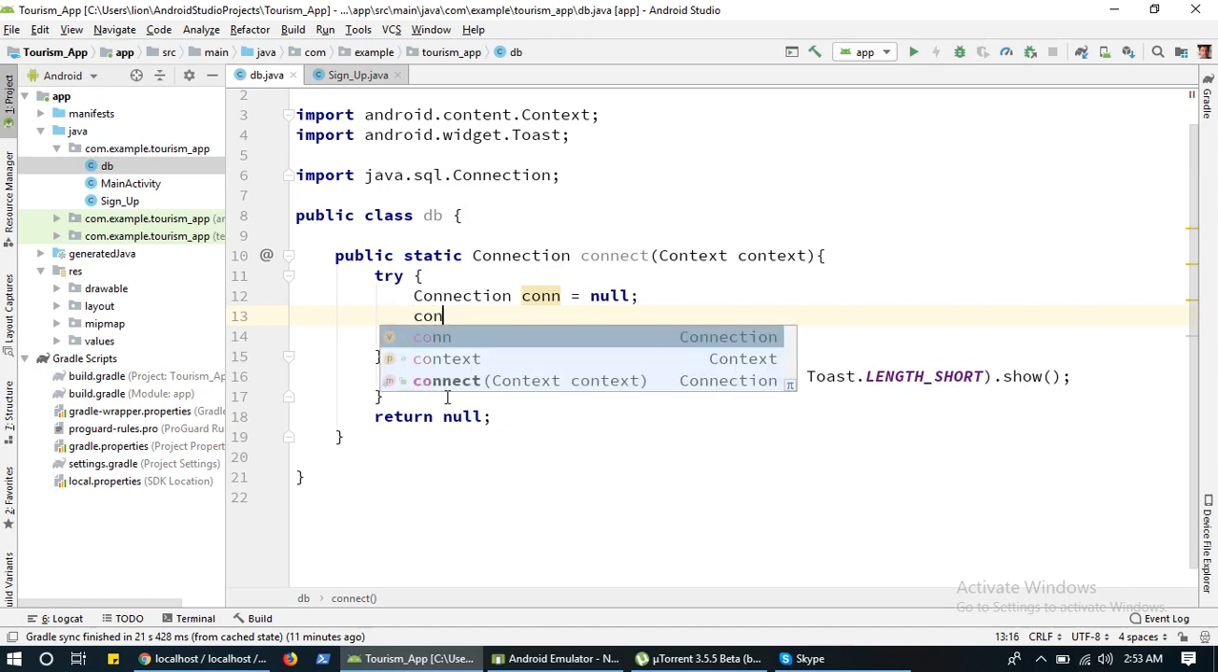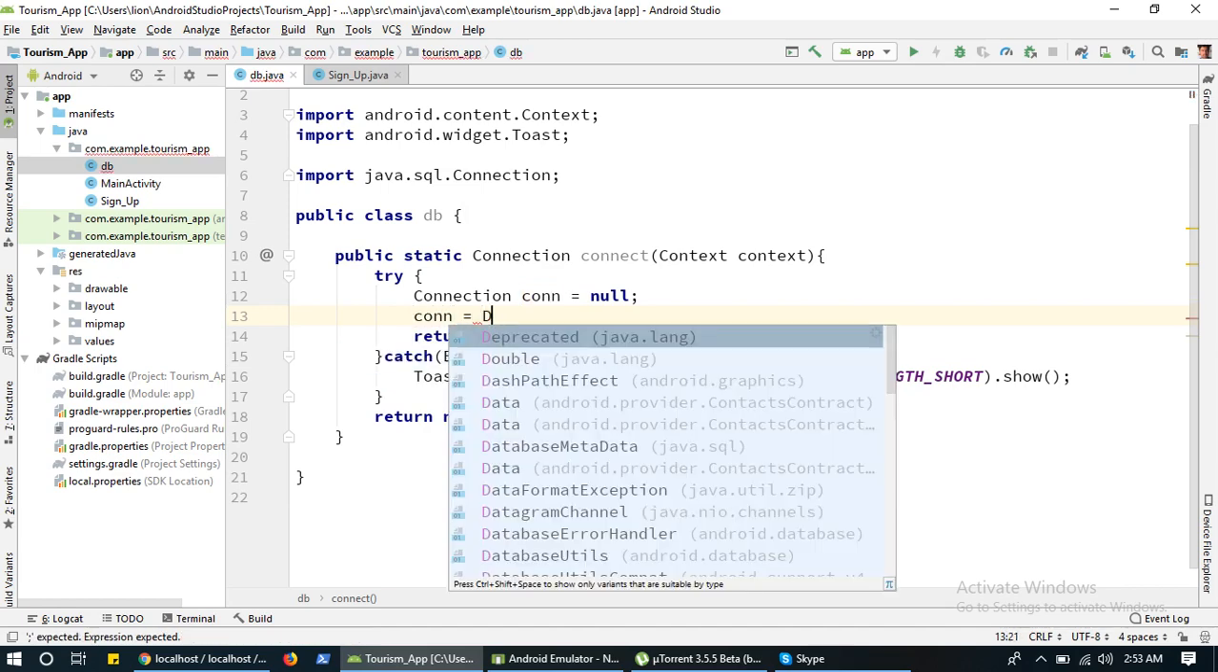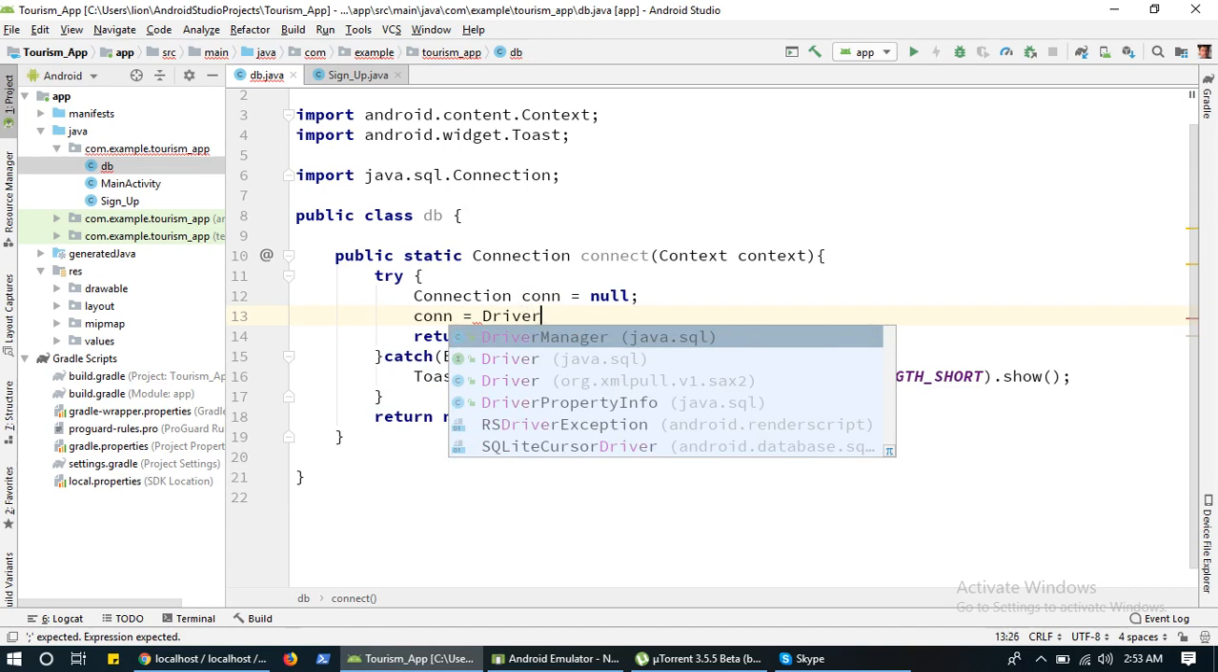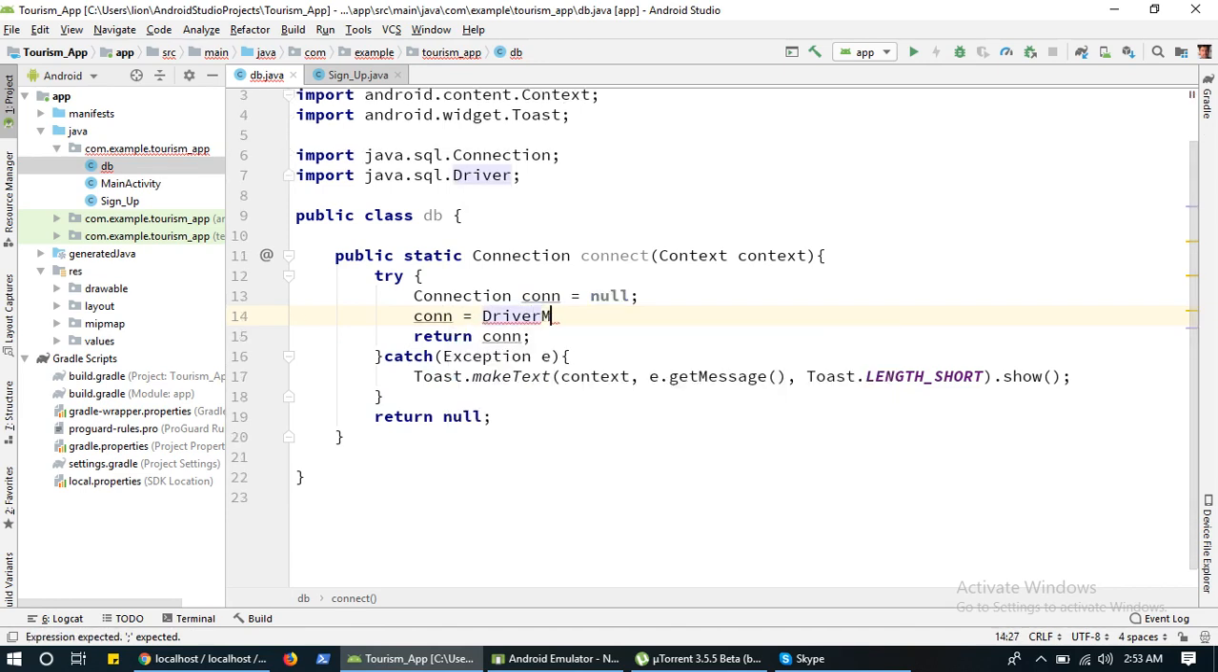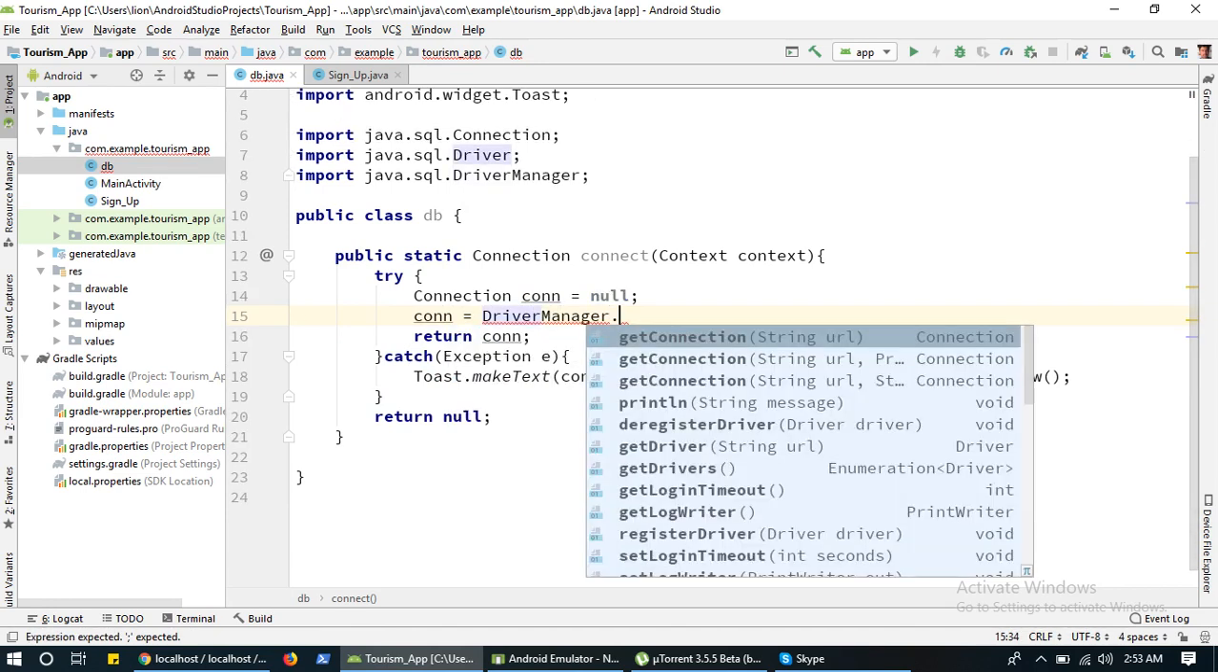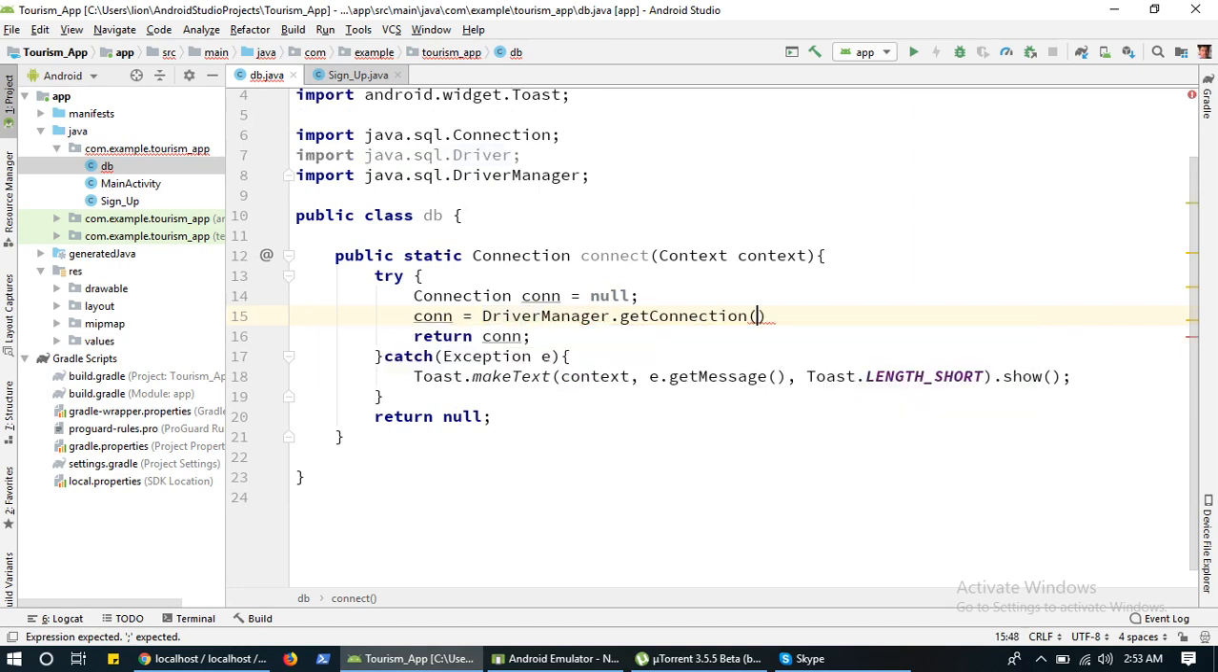So here is con equal to DriverManager.getConnection. Here I am going to pass the URL where I can get the data. So the URL is the JDBC